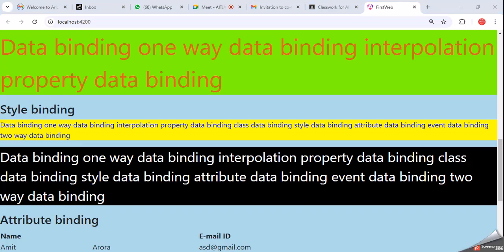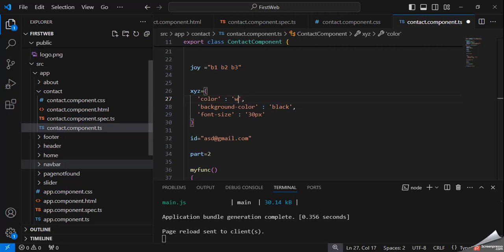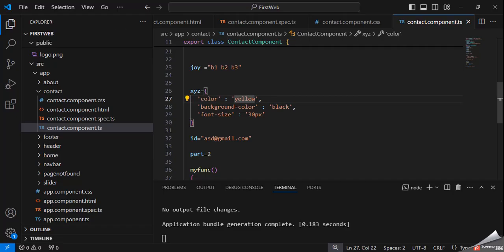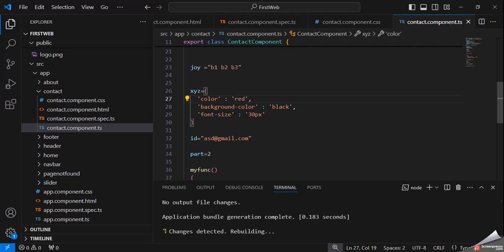Okay, if we have declared yellow, suppose here I have declared yellow, so you can see here this is yellow. Okay, suppose here I have declared red, and background color is black.